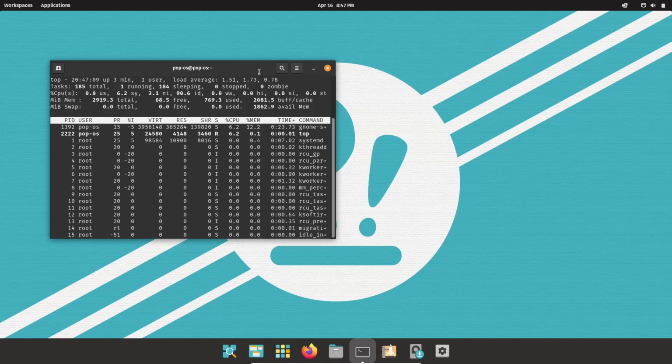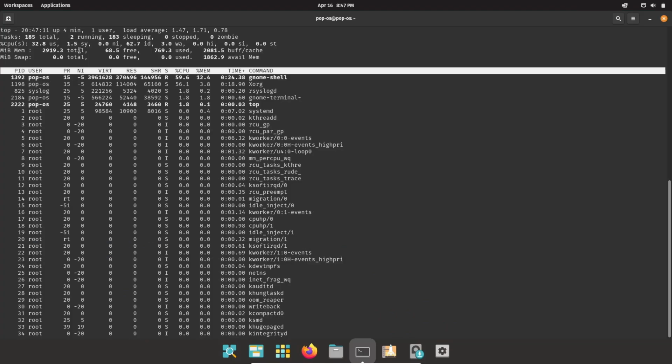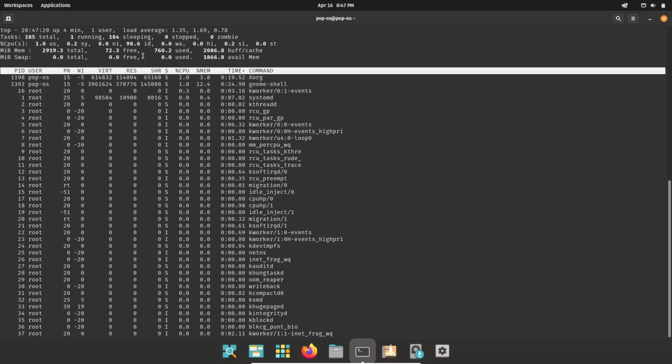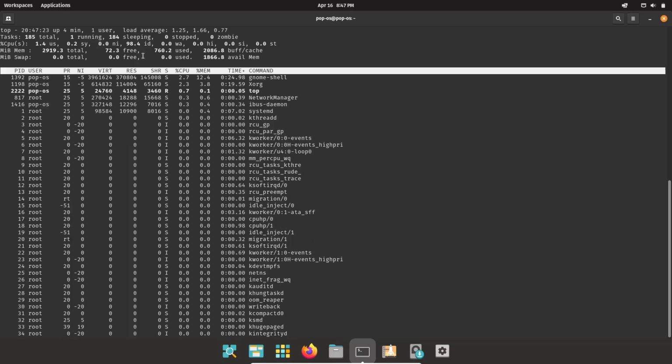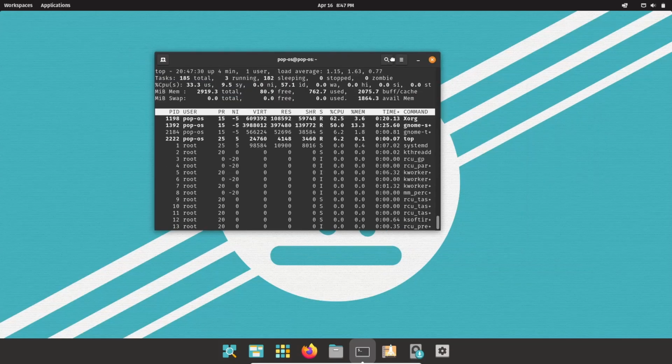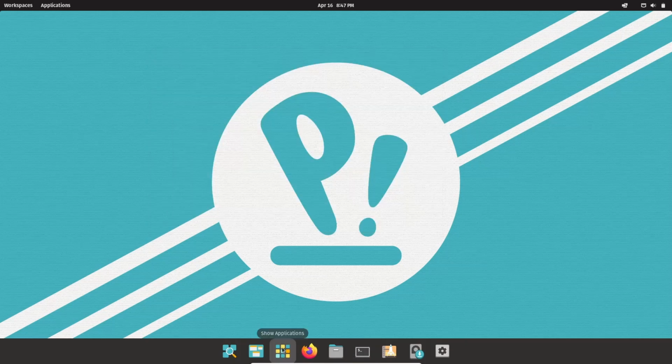And if you check top, right now we have 3 gigabytes issued to this machine. We're using about 760 megabytes at rest. So that's not too bad. That's a little bit heavier than the one we just looked at, Solus OS. It was running about your mid 600s, but still at the same time, less than a gigabyte, in my opinion, is really nice. It's light. It's not going to be hard on your hardware, and you won't have to hear that fan running on your laptop. Let's open this back up.